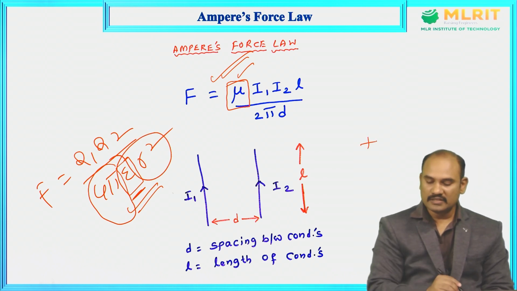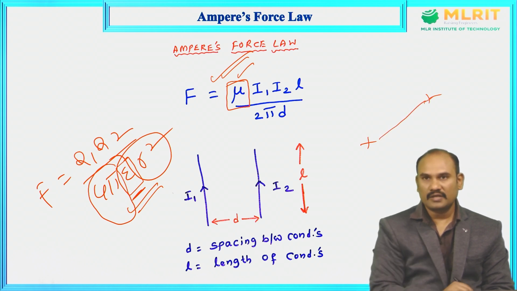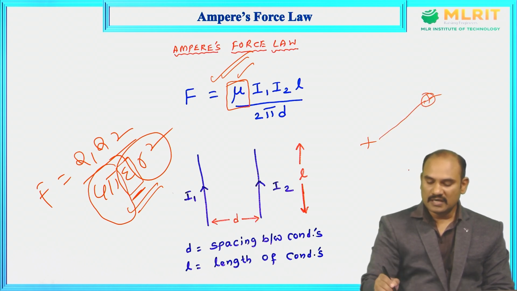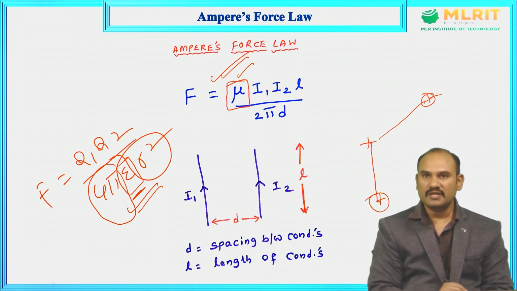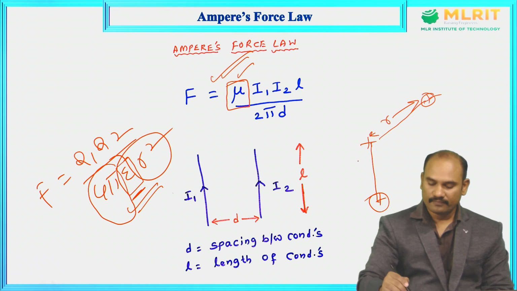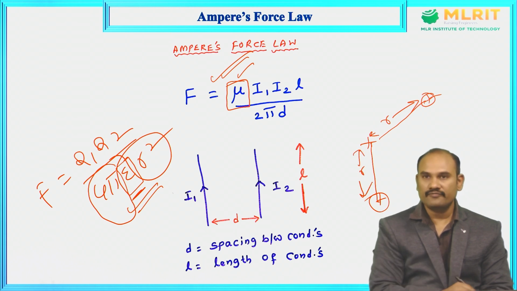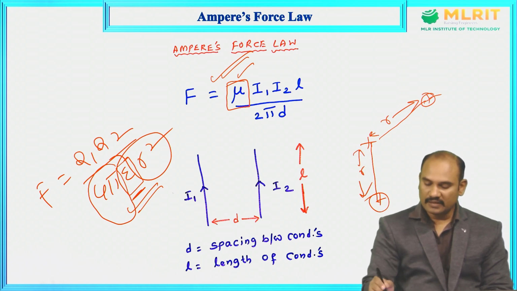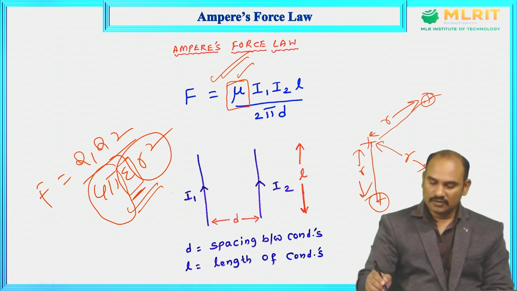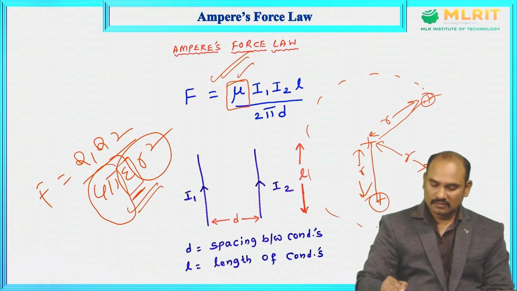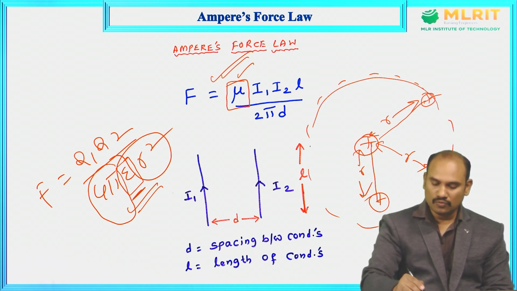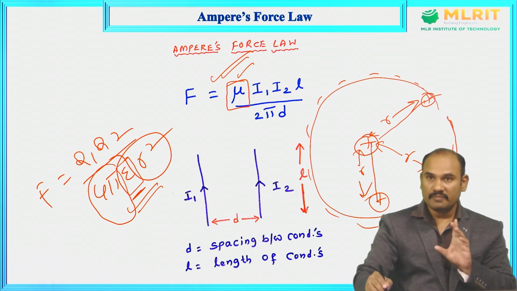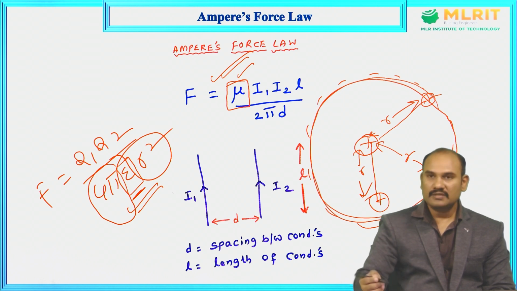Because you have an electric charge here, there is one more electric charge here, there is a force existing between two electric charges along the line joining them. If you take this charge and keep it here, does this electric charge exert the same force? Absolutely the same force, provided the distance is the same. If the distance is r, it doesn't change, you have the same force. If you place the same electric charge here, with the same distance, you also get the same force. So, all around this electric charge, wherever you move this, provided uniform distance, you get the same electric force